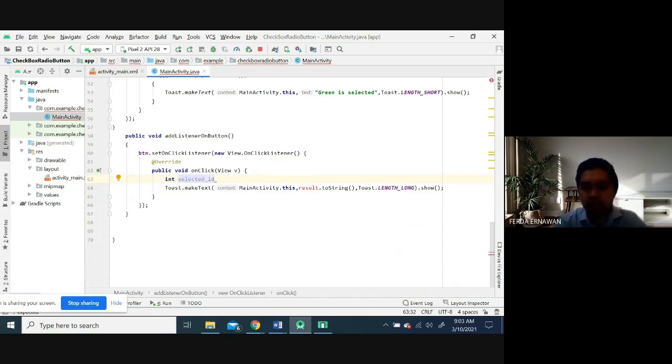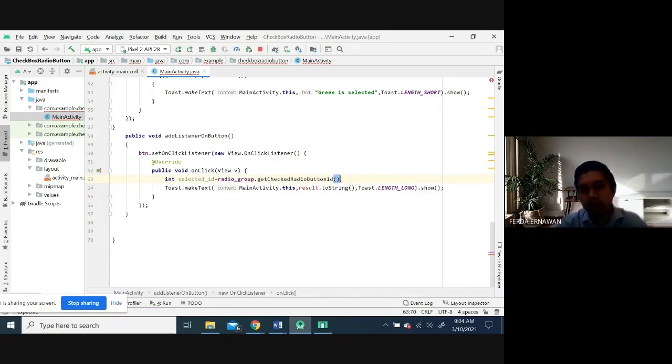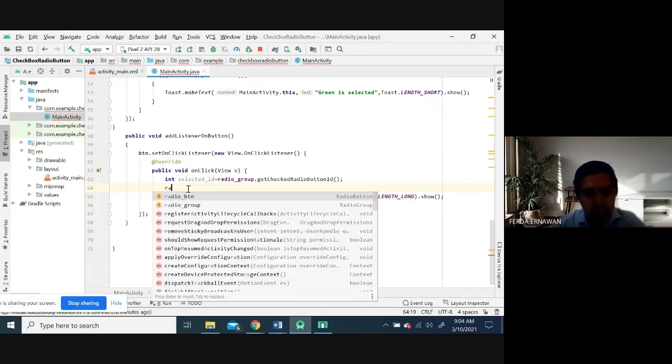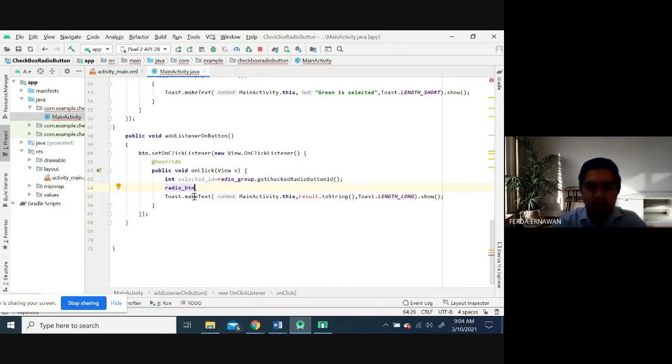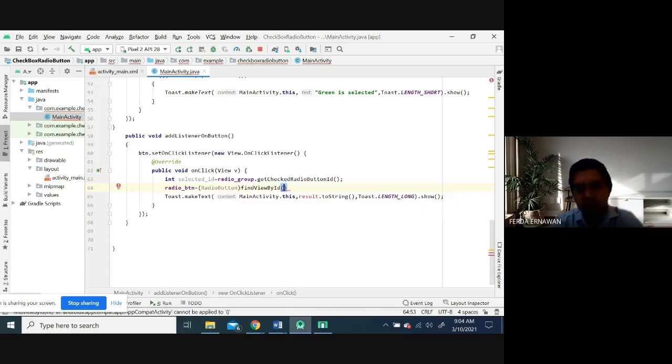which is my variable. Go to the radio group, okay, from the radio group, and then get check radio button ID. After that, the radio button, okay, equal to, this is the radio button, and find view by ID, okay, and selected ID.